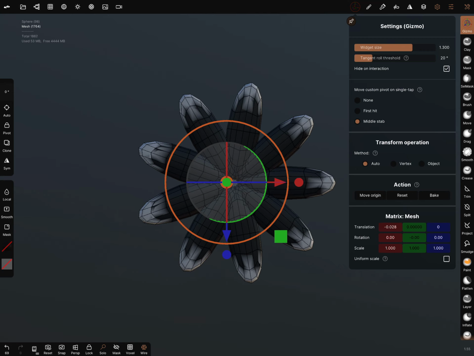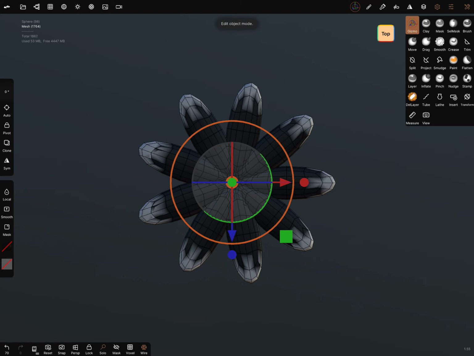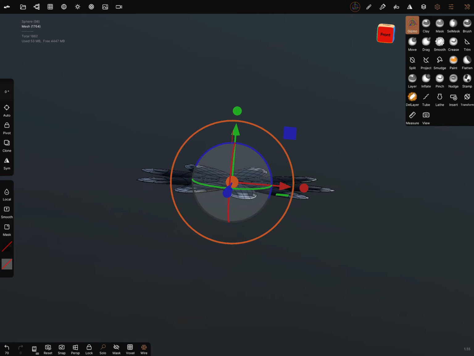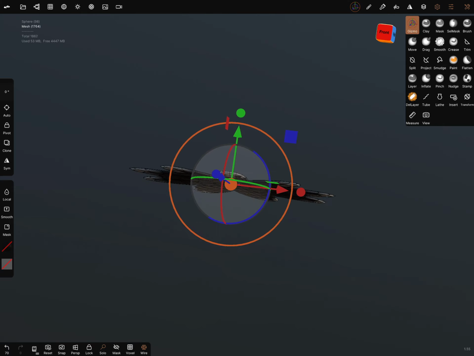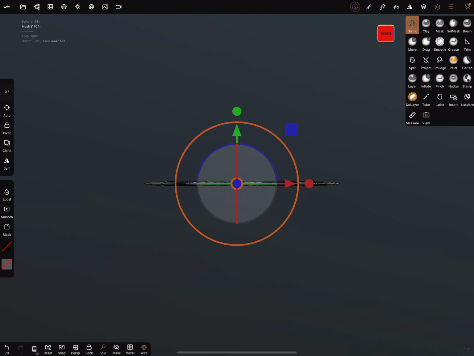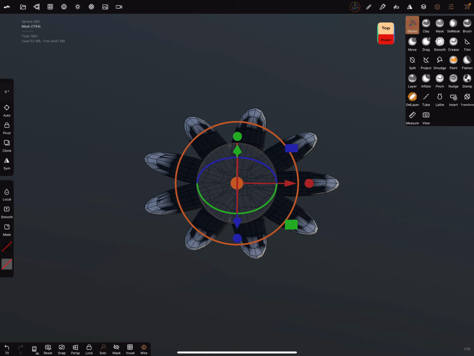Reset, move origin. I don't know. We can set the pivot on our own, bring it in a position like this, and lock the pivot again. We can go to the front view, and now our mask is relatively sharp.